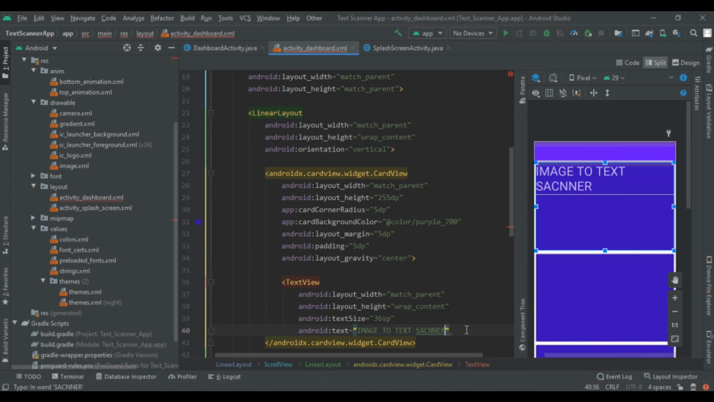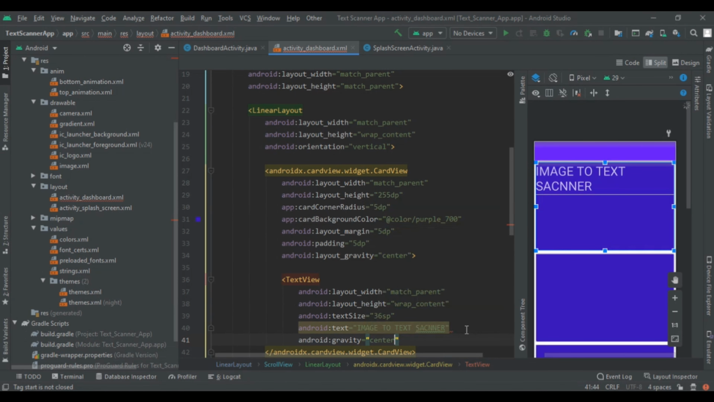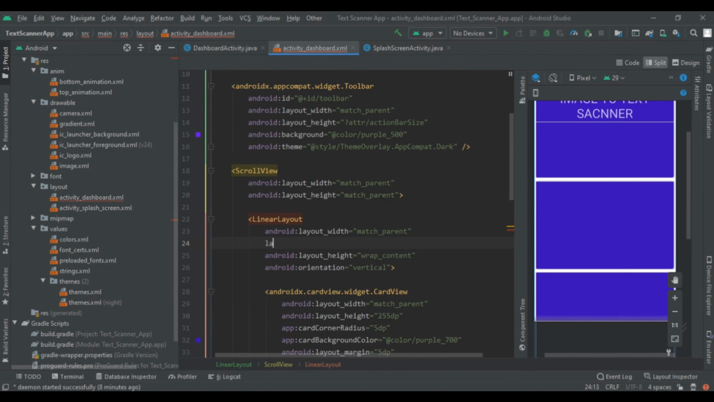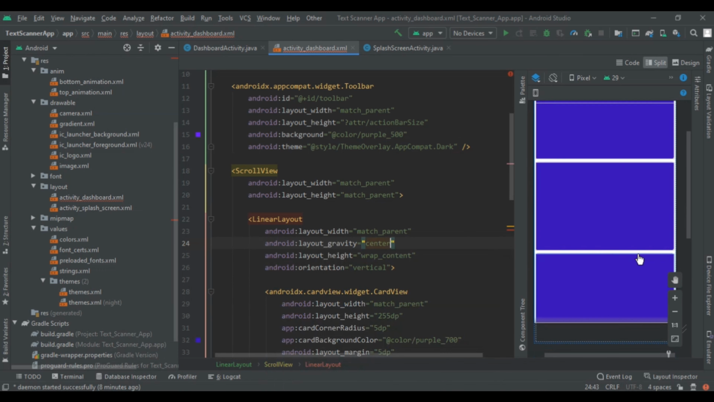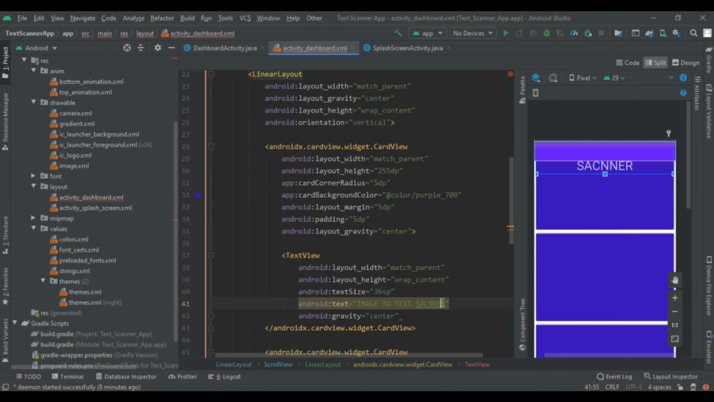So here we have written image to text scanner, and then give its gravity to be center, and add the layout gravity to center. So layout gravity will be center. So we will find our complete text in the center. So here close this layout to see the preview,